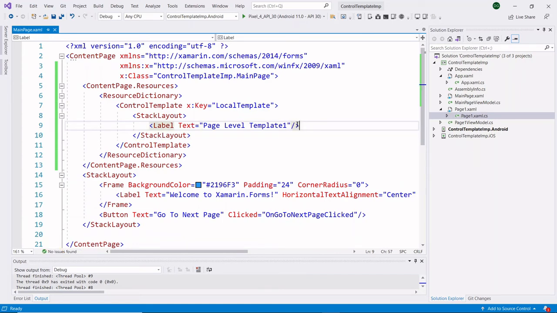Inside my control template, I have created one label with the text page level template. This is the process of creating a control template. Finally, we have created a control template at page level.